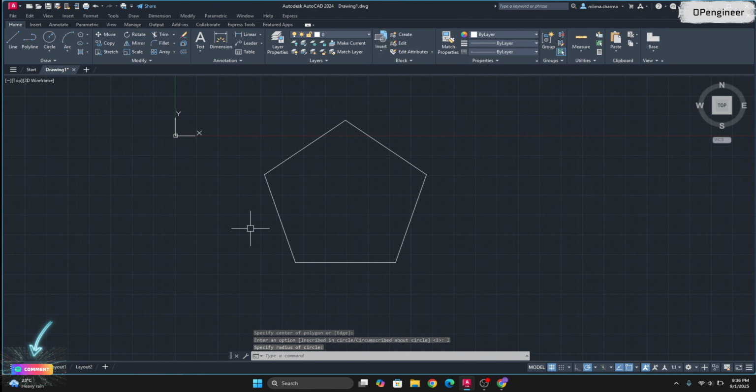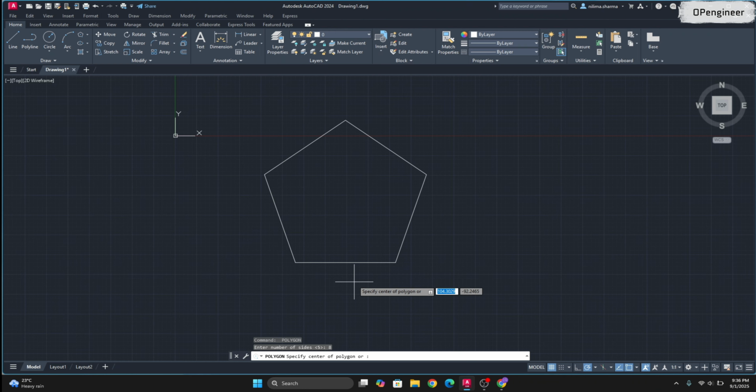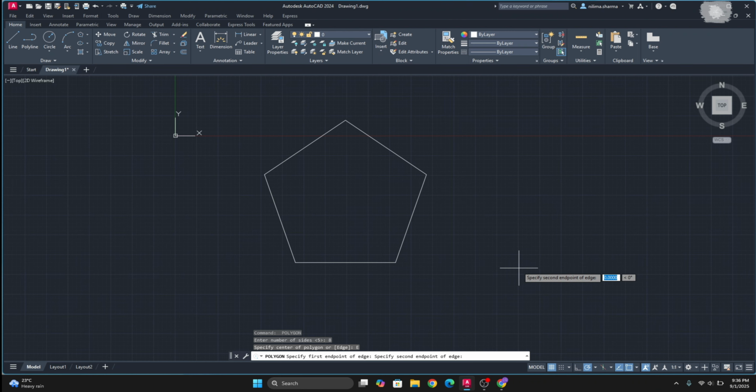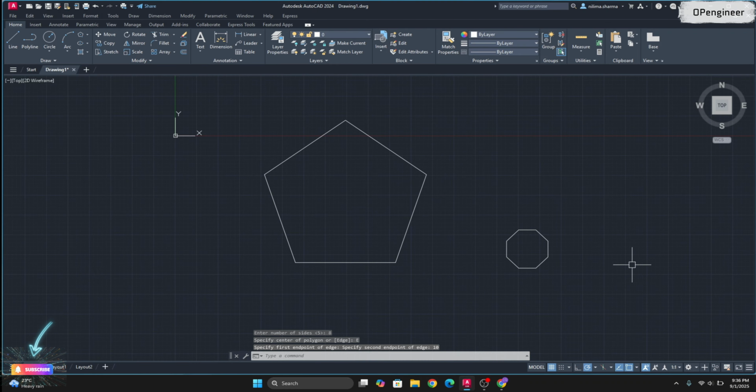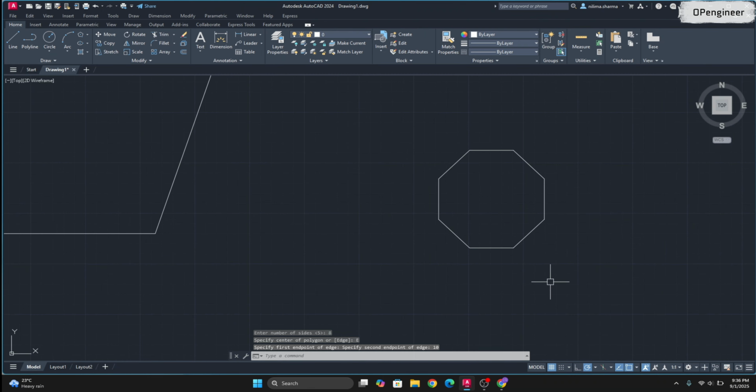Let's make another polygon specifying the length of the edge. Invoke the tool again. For now I'll make an octagon. I'll press 8 and enter, and I need to specify the center, but for now I'll be making it with edge, so I'll click here on the edge. The command line is asking me to specify the first endpoint of the edge, so I'll specify it here, and it is asking to specify the second endpoint, so I'll just take 10 and press enter. So our polygon is drawn